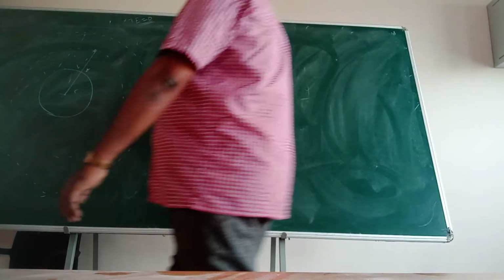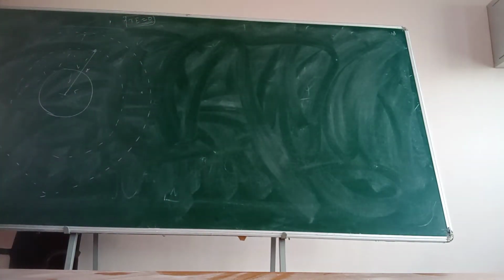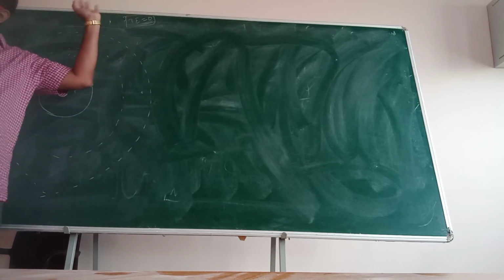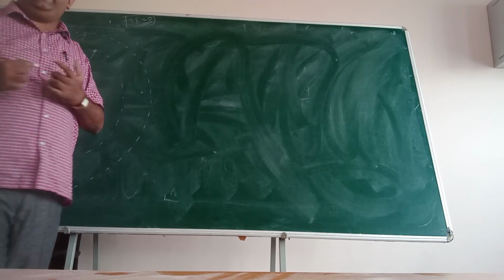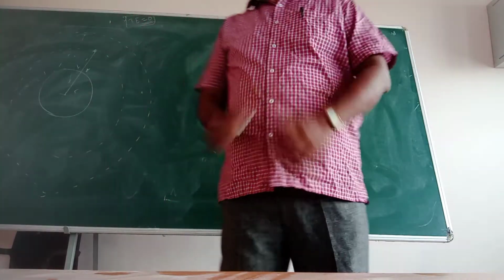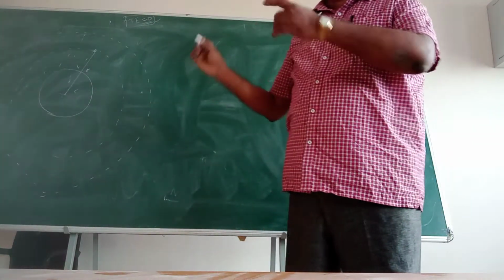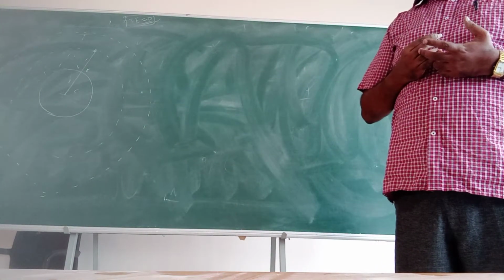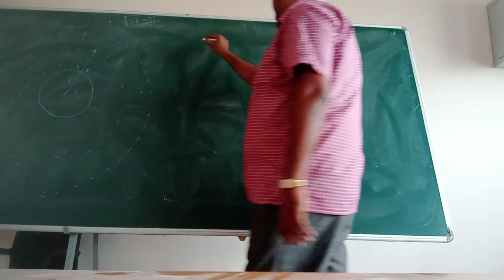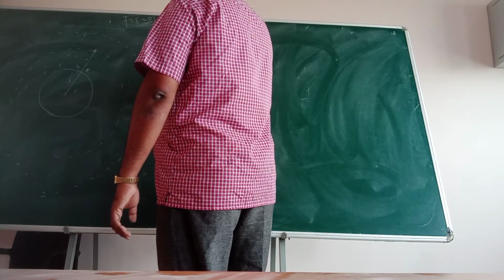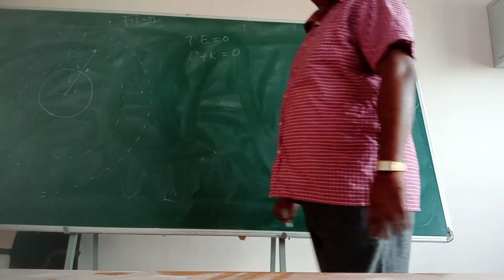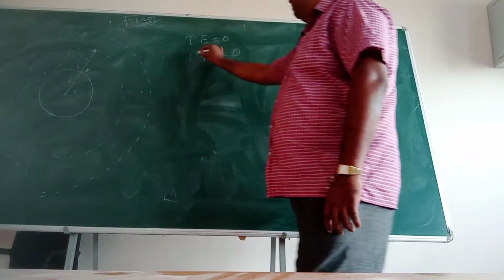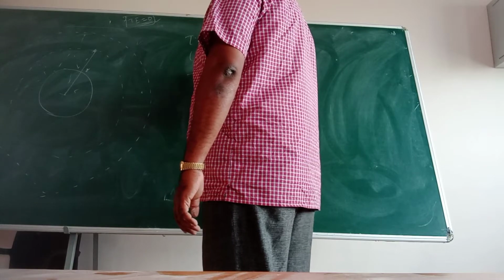Now, I just told you a concept: if you make an object escape the Earth's gravitational field, what is the total energy possessed in that space? 0, right? So for finding escape velocity, the condition is total energy is equal to 0. But what is total energy? It is U plus K equals 0. So U is minus GMm by R.